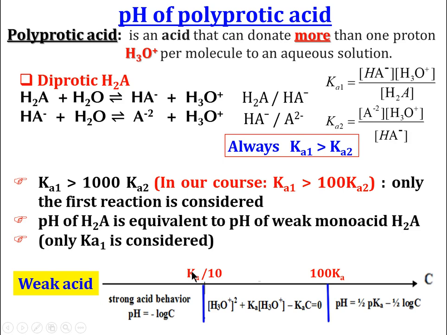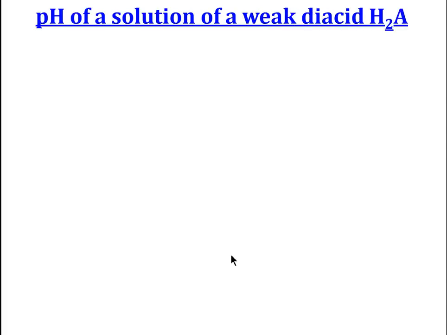And if the initial concentration of H2A is less than or equal to Ka over 10, we apply pH equal pC. And if this concentration is in the domain Ka over 10, 100K, we apply the relation of second degree [H3O+]² + Ka1[H3O+] - Ka1C equal to 0. As an application of pH of a weak diacid,